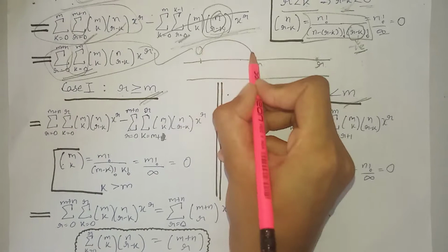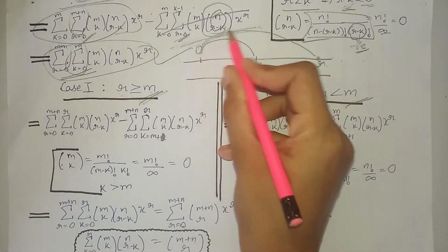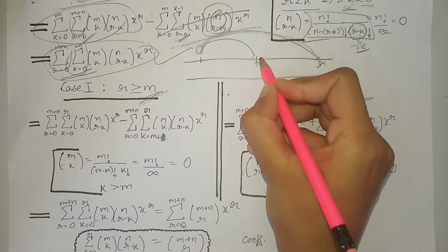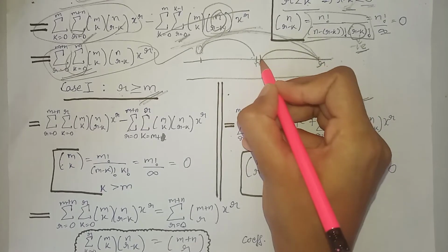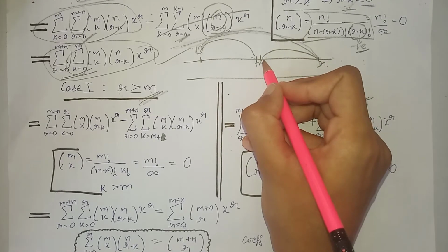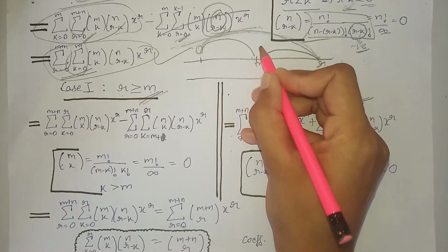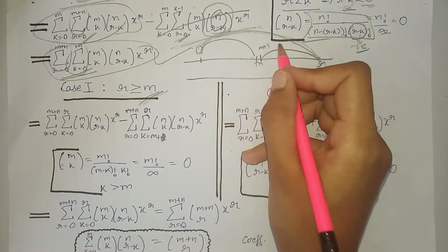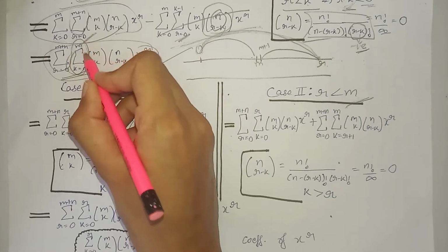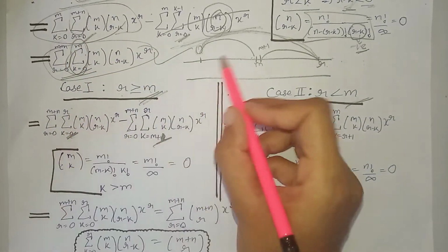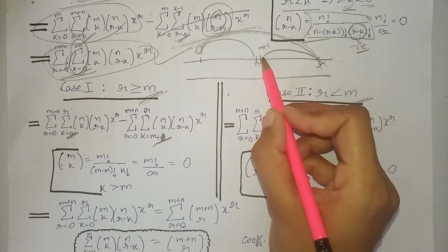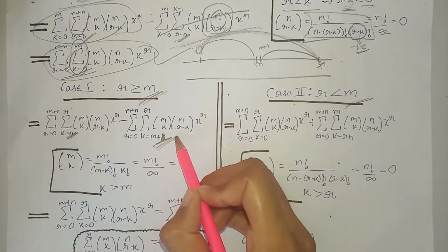0 to m can be written as from 0 to r minus from this point to this point. Now we know this point is just after m. That means this point must be m plus 1. So that's why we can break down this interval into these two different intervals: first is from 0 to r, then minus m plus 1 to r, like this.